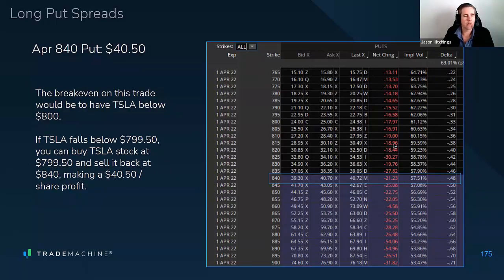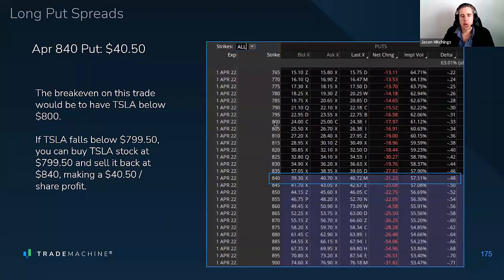And that's $450 per contract. So in order for that long put, in order for that right to sell Tesla to have value, when it costs you $40.50 per share,